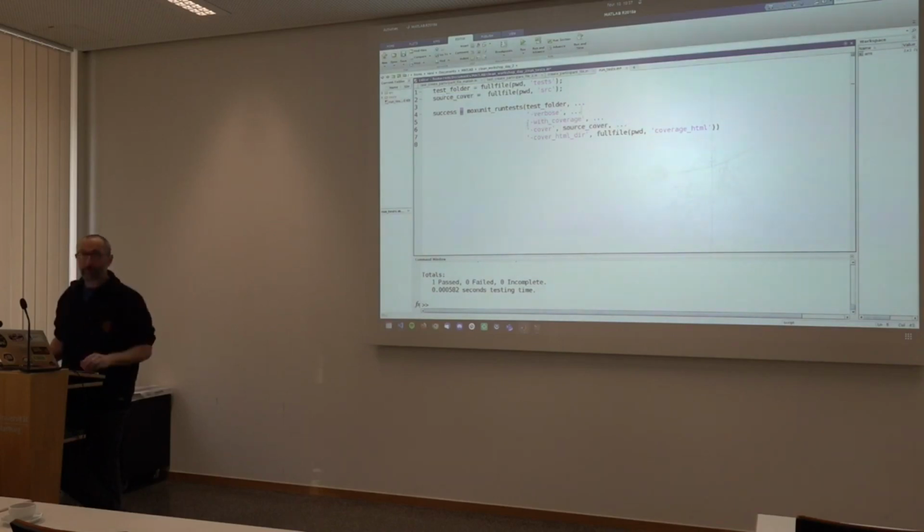With coverage, it's like, okay, give me a coverage report so I know which parts of my code have actually been hit by my tests. And this is where you output the coverage report as an HTML file.